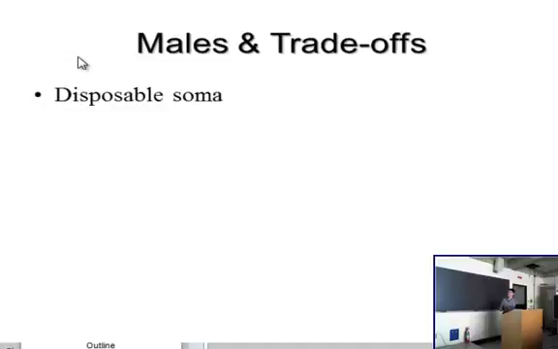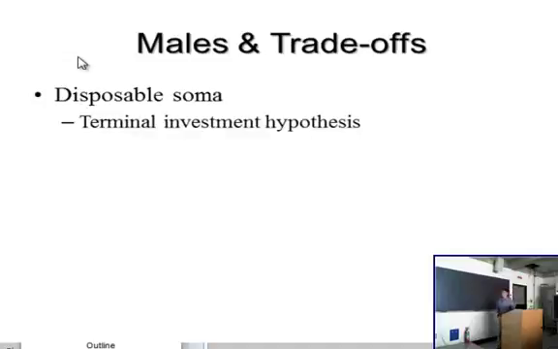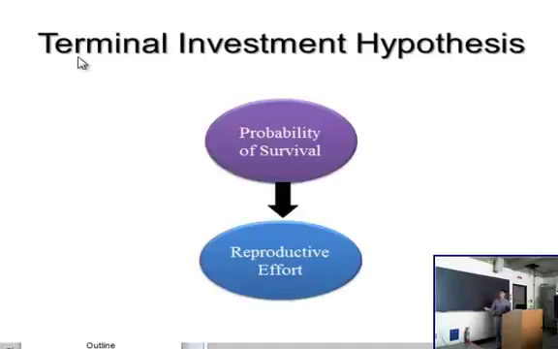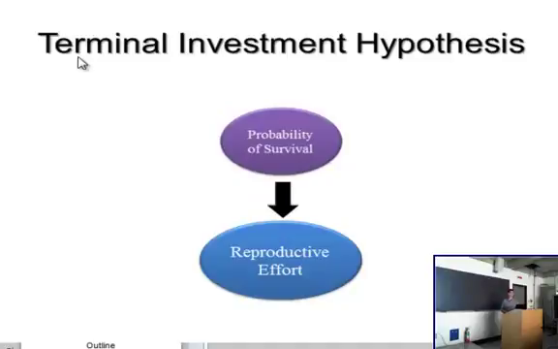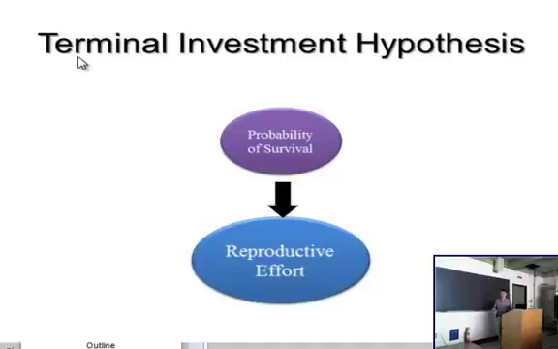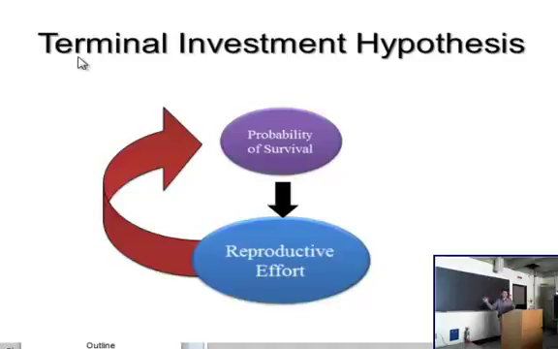if a related hypothesis would be supported in another Tephritid species, and this is the terminal investment hypothesis. What the terminal investment hypothesis suggests is that the probability of survival is directly linked to reproductive effort. So as the risk of death increases, and therefore the probability of survival decreases, the organism is expected to ramp up its reproductive effort. This also falls in line with the disposable soma hypothesis. Because reproductive effort is increasing, I expect there's going to be a feedback loop where the cost of reproduction is magnified, survival decreases further, and then reproduction is further increased.